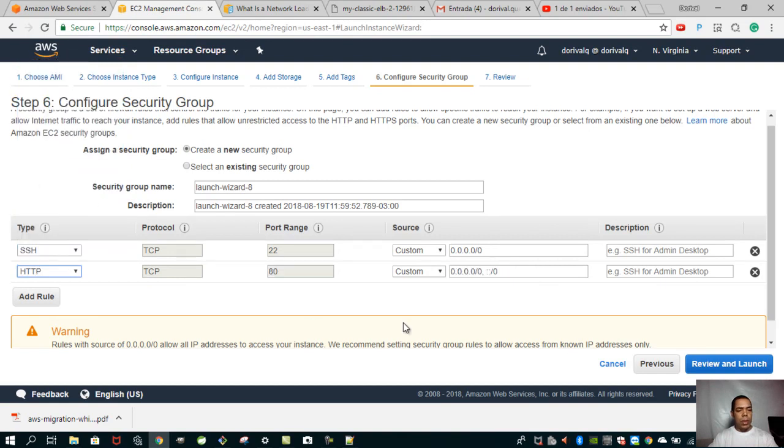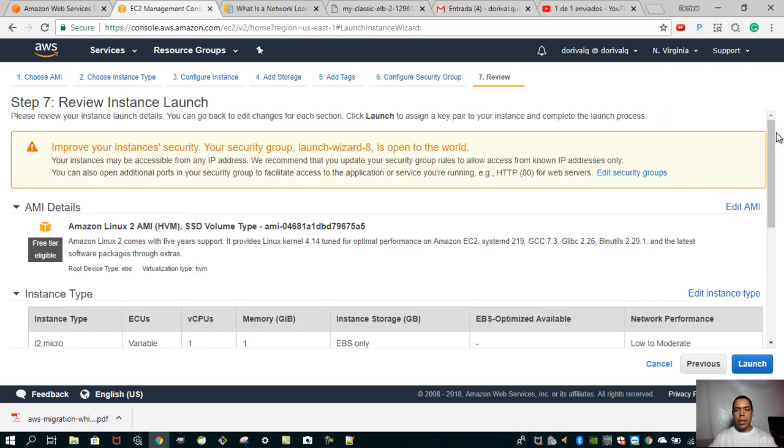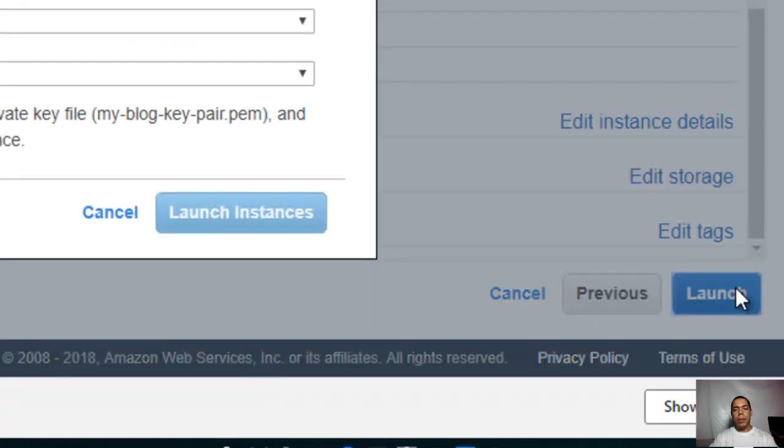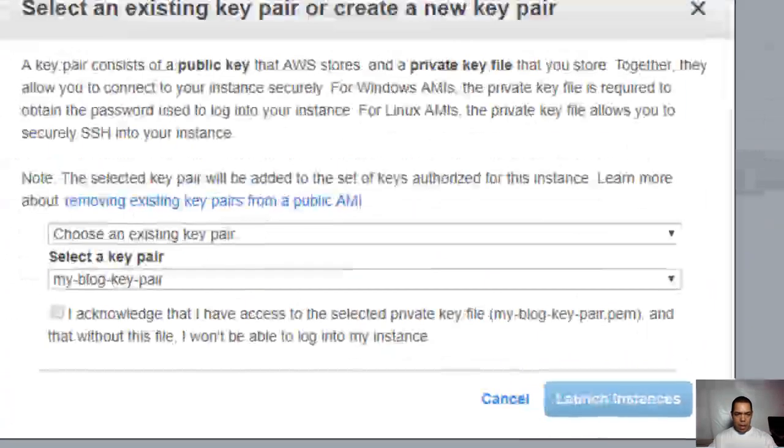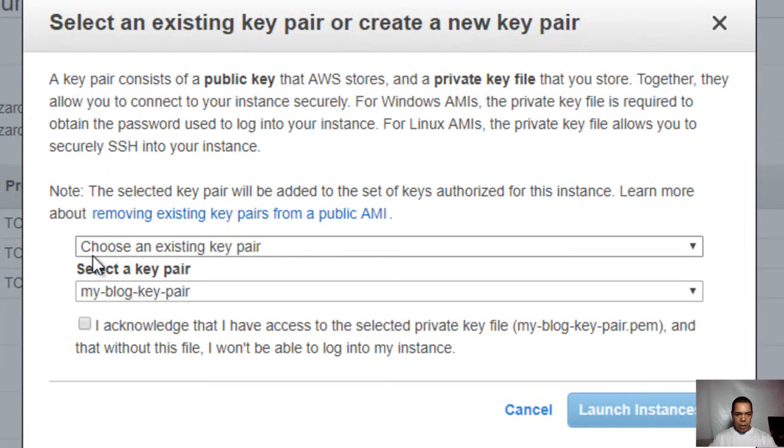So you use a web server HTTP port 80, and this is sufficient for now. Click on review and launch. It's okay. Click on launch, and here you have to create a key pair,